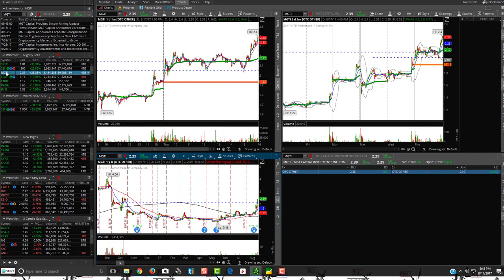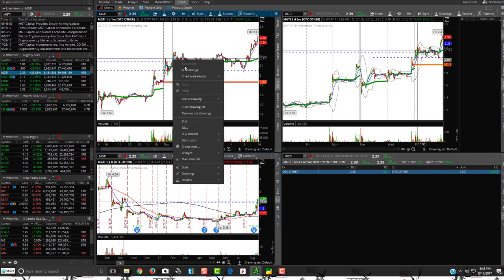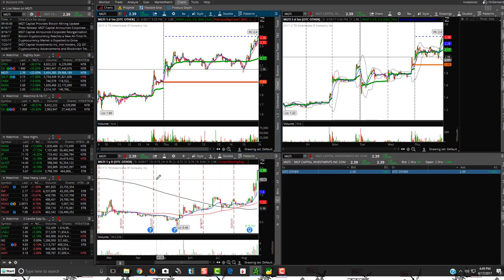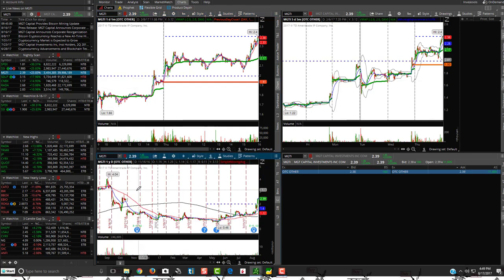MGTI. So let's remove the drawings. So let's take a look at right around this 2.40 marker. Looks like it went up and filled that gap. So now you want to see if it's going to break above or if it's going to fade back down. Kind of have some support here right around that $2 marker. Or let's see what part of the gap here. Yeah, right into the gap. So right at that $2 marker. So see if it's going to fall down to right around $2, or if it'll break 2.40.